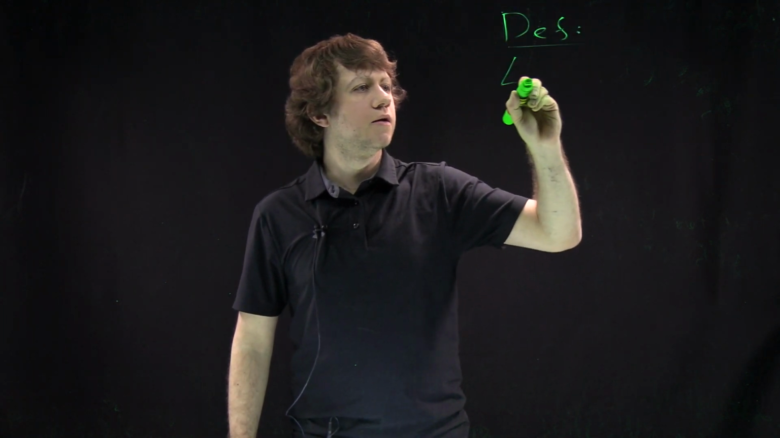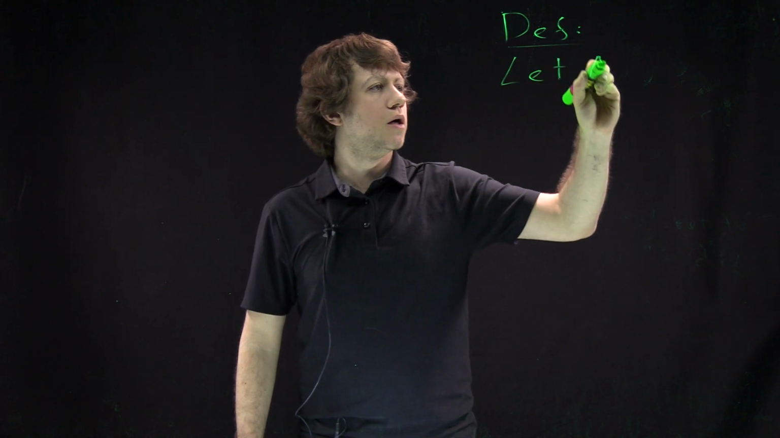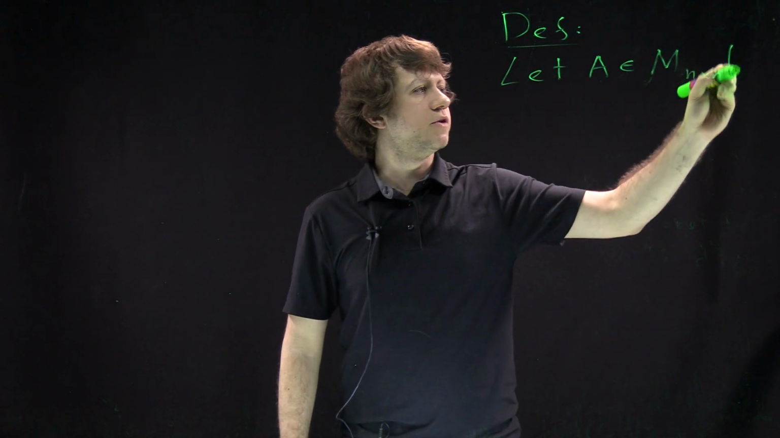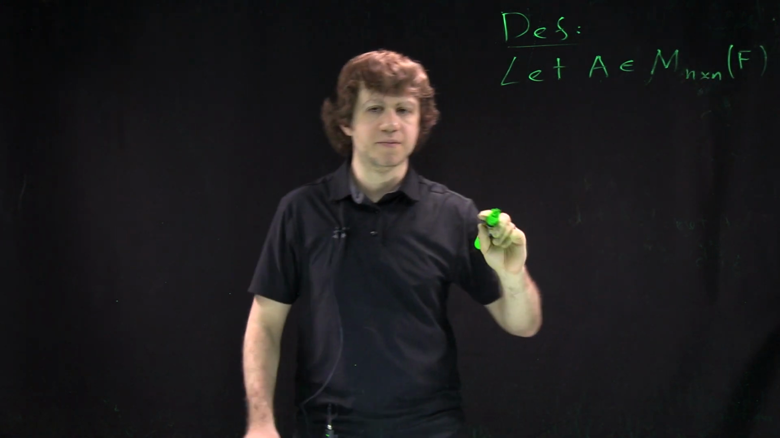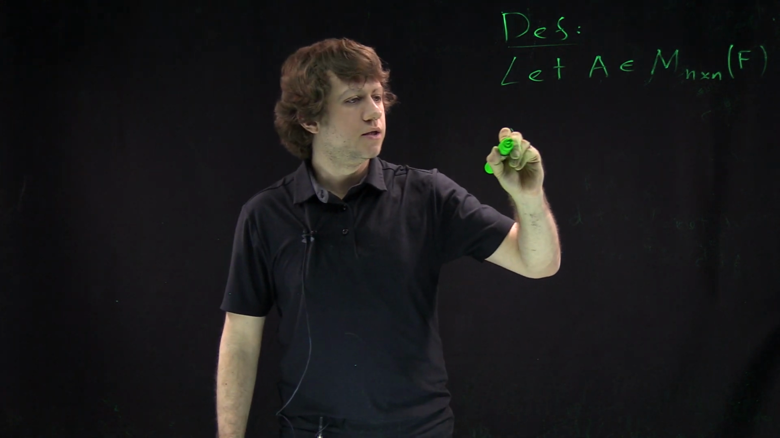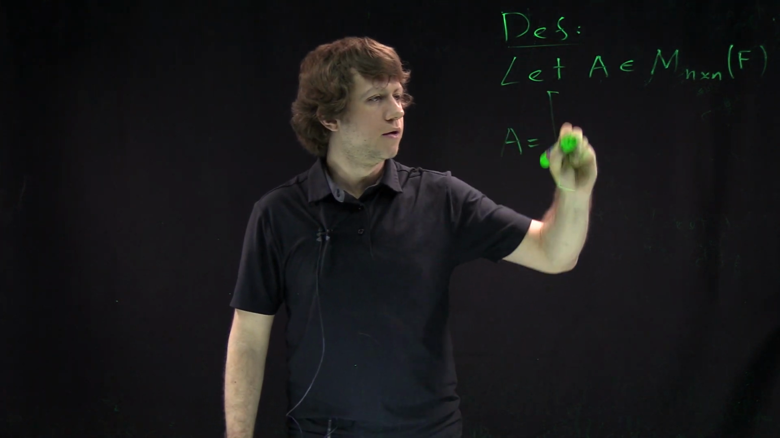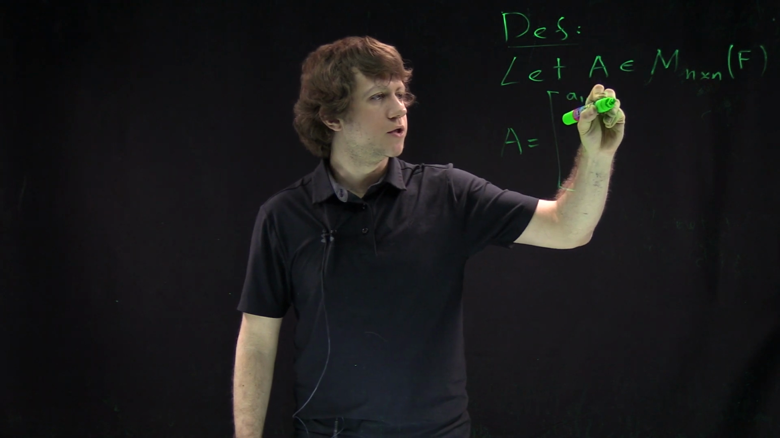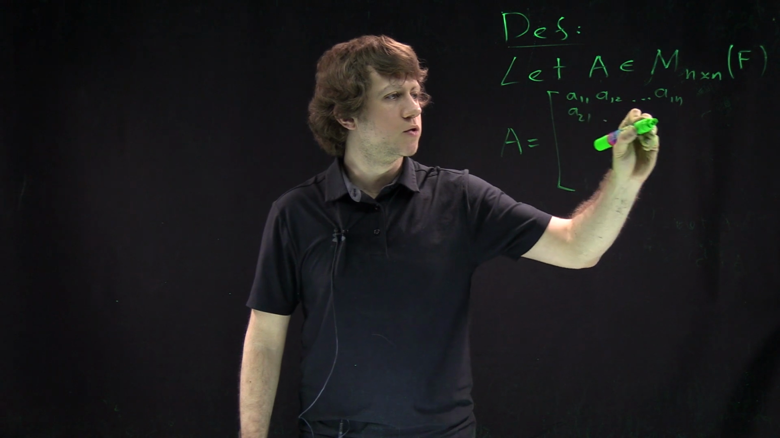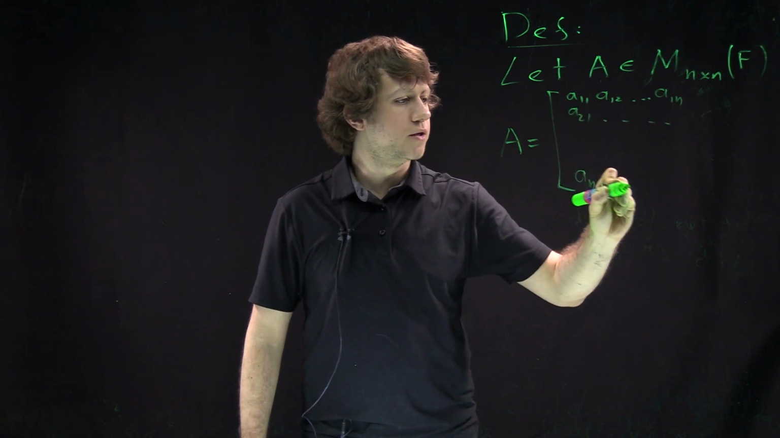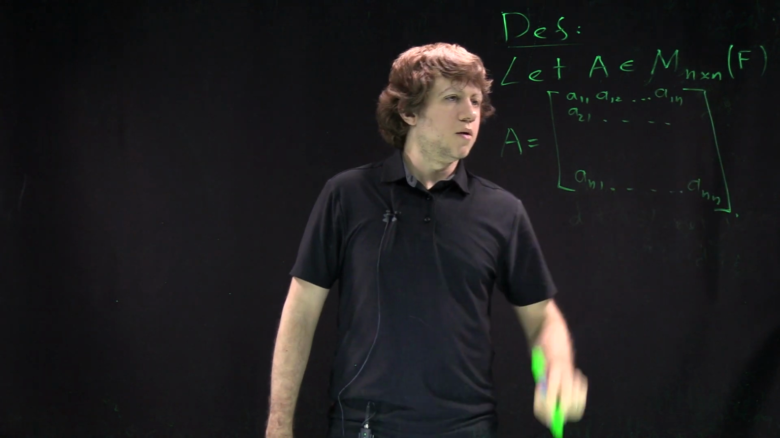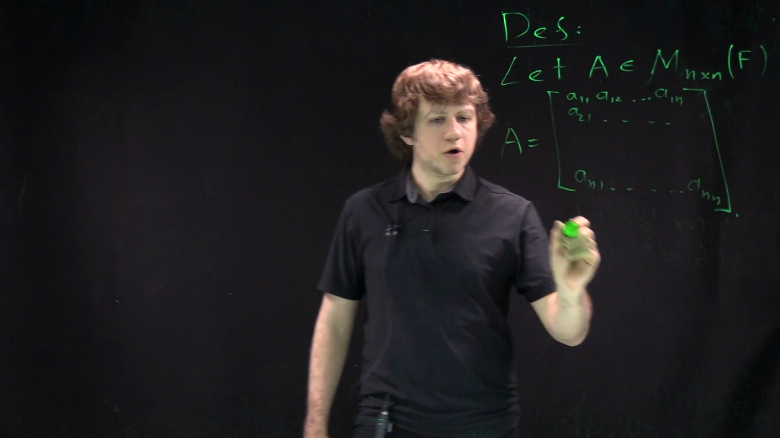So let A be an n by n matrix with coefficients in some field. Who knows which? Doesn't matter. So let's suppose that A is given by this table: A11, A12, A1n, A21, and so on, AN1, and so on, ANN. Perfect. So then the determinant of A